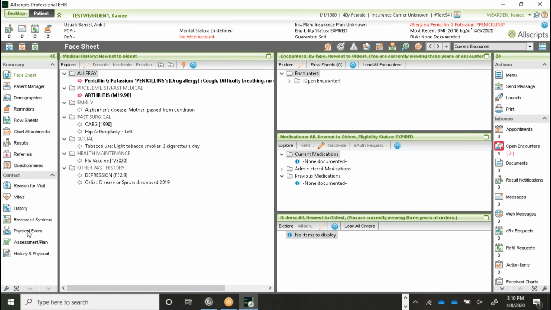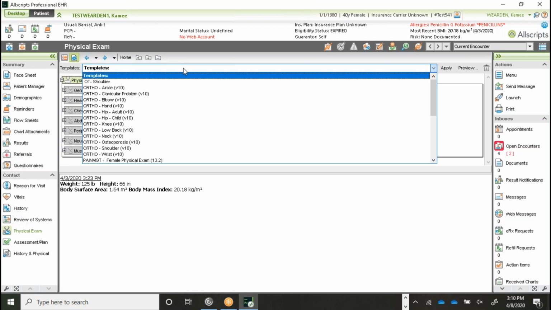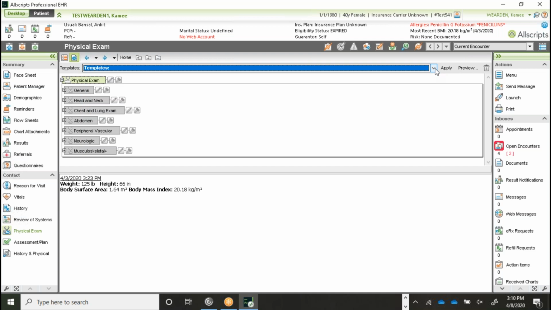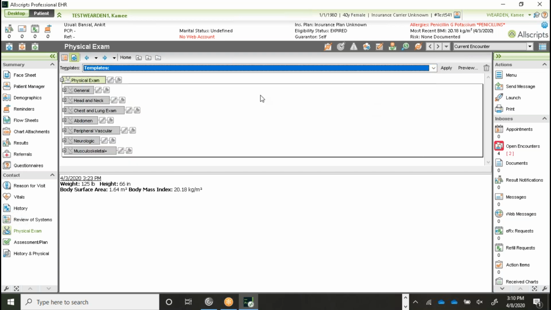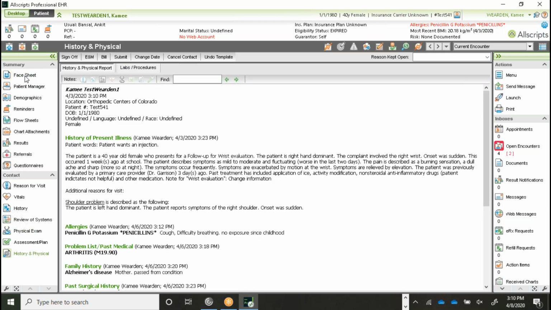So here in physical exam, we're going to click on the physical exam under our contact here. And our vitals are going to pre-populate onto our PE. You'll see here that at the top we have our templates, and then it will list templates here. If we click on that, it will drop down our templates that are available. We can also use the arrow for that to see the same thing. We've never entered any information on this patient before, so I do want to show you what it would look like if we file this chart and we pull a patient